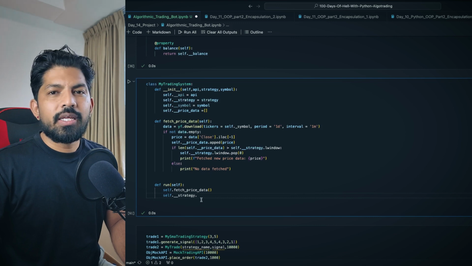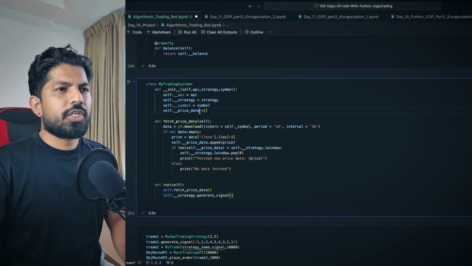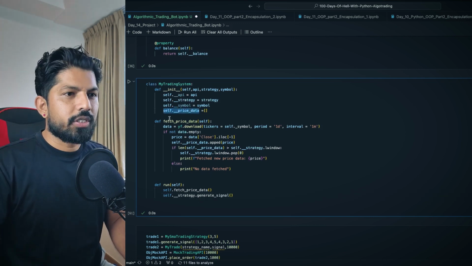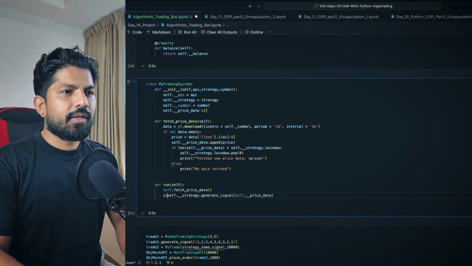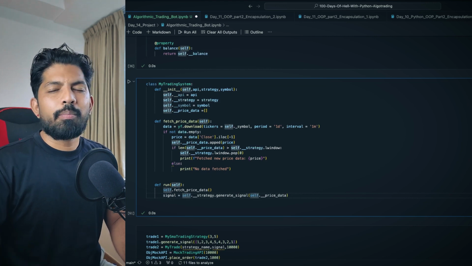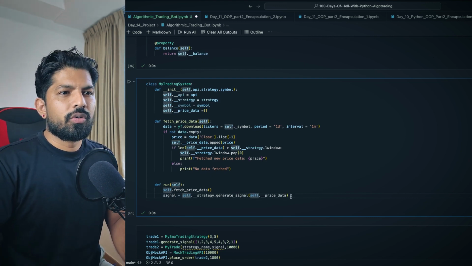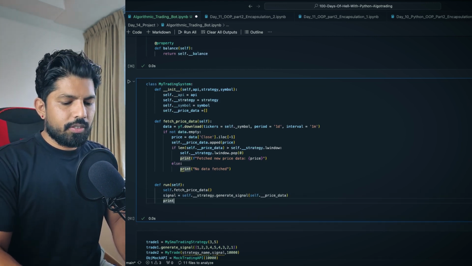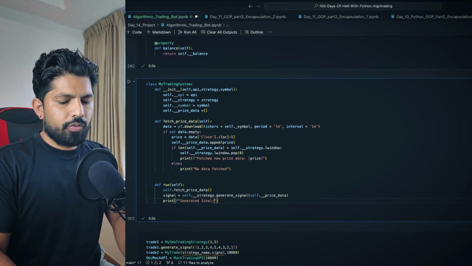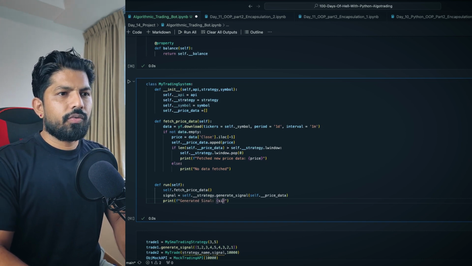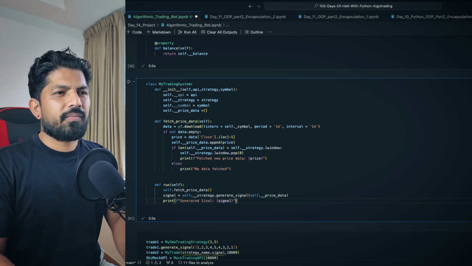So we can pass here the automatic list, this price data, right? So this list will be here and it will be the signal, which means it will return the buy, sell or hold. Then it will print that generated signal, and here you can give the signal, correct?